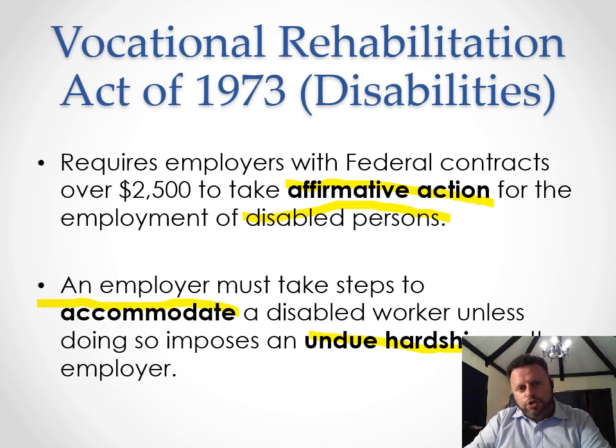That's an undue hardship. A company needs to make accommodations for disabled people unless doing that, and here's the legal battle, is, you know, on one side you have somebody who's disabled who's suing the company saying, you need to make accommodations for me. And on the other side you have the company saying, we can't make all these changes. It's just not economically reasonable or feasible for us to do that.